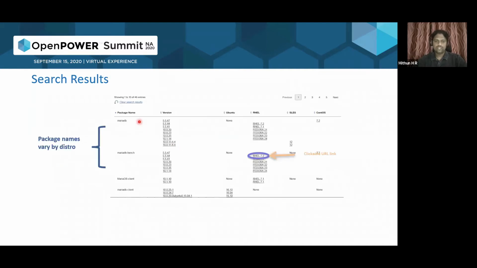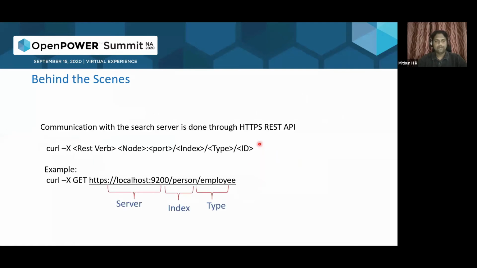right? So once we search for the packages, the results will be something similar to this. You will get the list of software packages which are supported on that particular distro. And also one main thing will be a link to the particular software which will contain all the information on the package, where you can go and see what this package actually does, and then download that particular package. It could be 1 or 2 clicks in order to get the download, right? So it will give out a link for that particular package as well, so that you don't need to go and search for that package information anywhere outside, right?